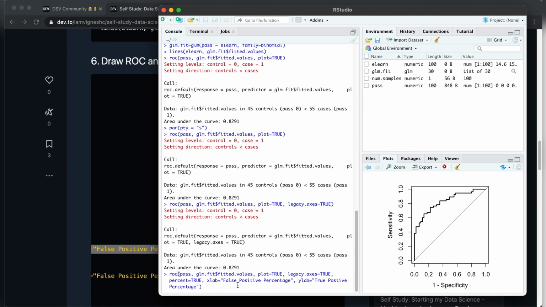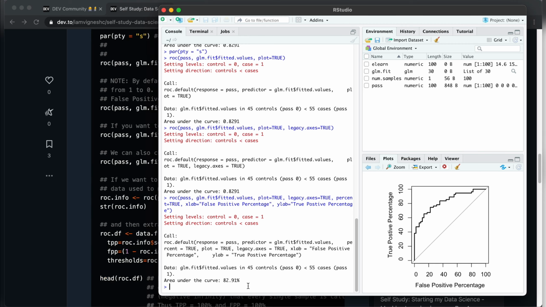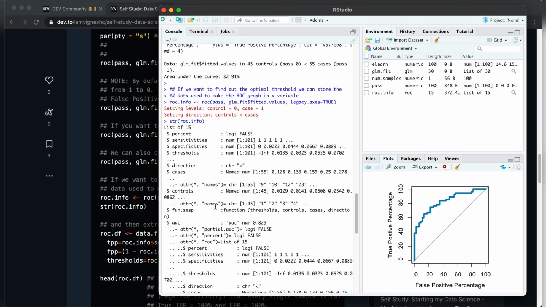When I execute this, I am setting the percentage as true, and I'm renaming the x-axis and y-axis, so that it redefines the chart with percent. It depicts in percentage and renames the x-axis and y-axis. So I'm executing this step